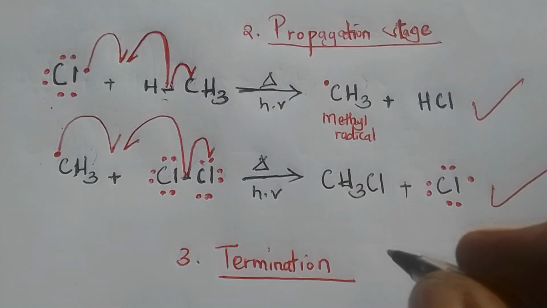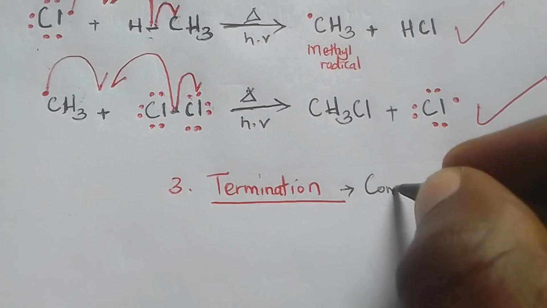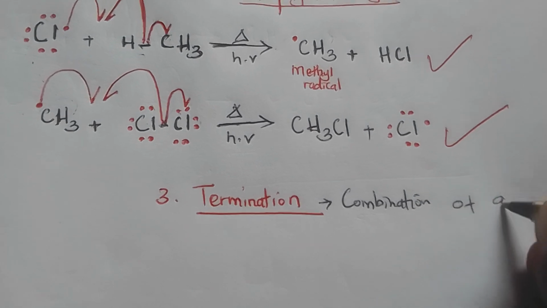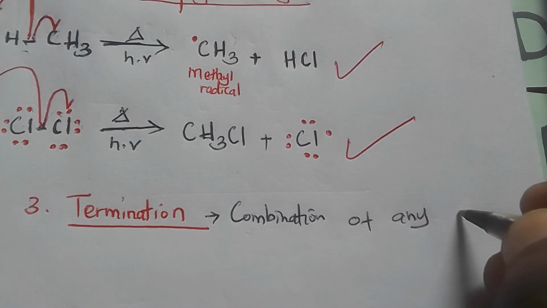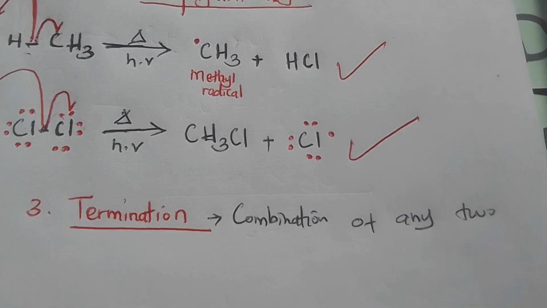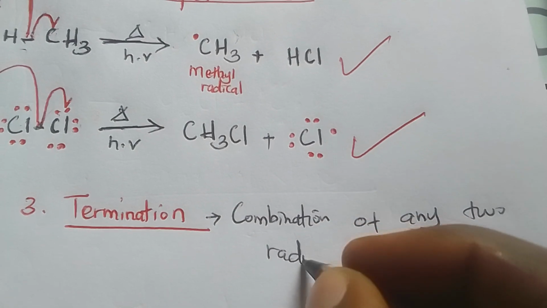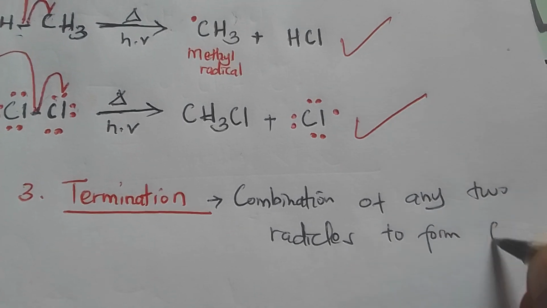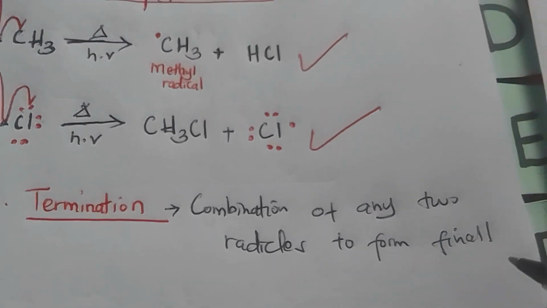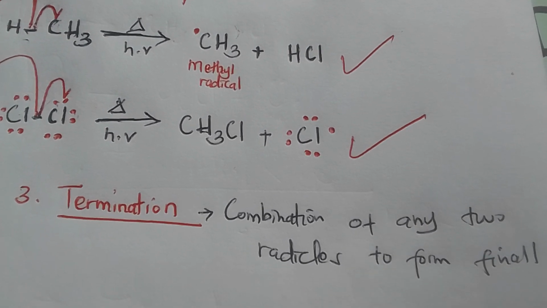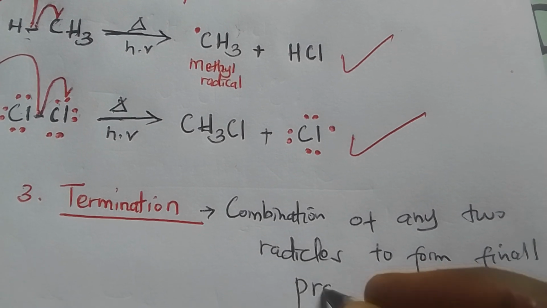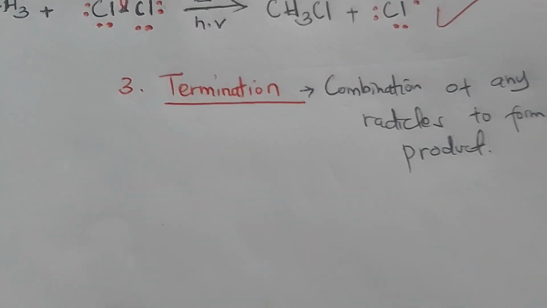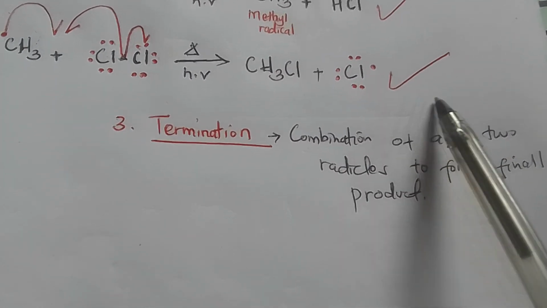So what happens at the termination stage is that there is a combination of any two radicals to form the final product. So let's see. Therefore, if there is combination of any two radicals,